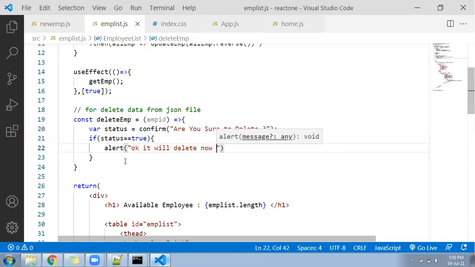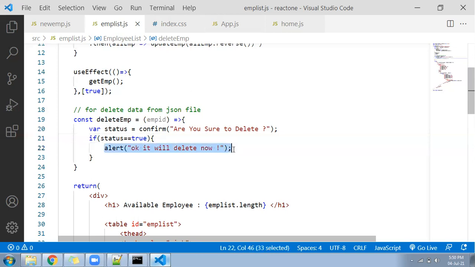Okay, so suppose whenever we click on the delete button, one confirm box will come and it will ask, are you sure? If we click okay, it will return true, and true will help us to go under the if part.